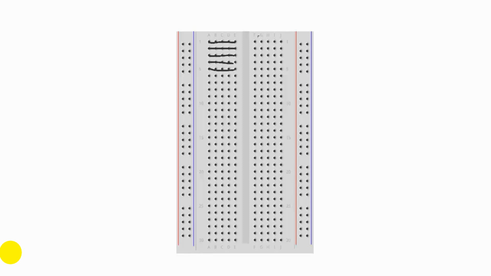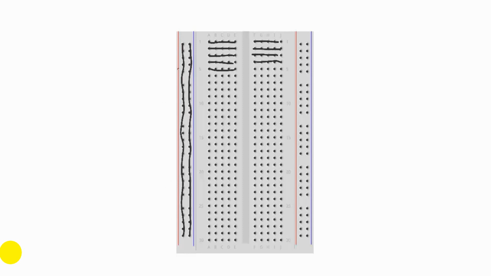And on the other side here we have the same. These 5 holes are connected, these 5 holes are connected, and so on. Then on the side here we have vertical connection instead. So all of these holes are connected vertically all the way down, and it's the same with this one on the right side here. They are all connected down here. So that means if you connect something up here, you can connect something down here, and the 2 things will